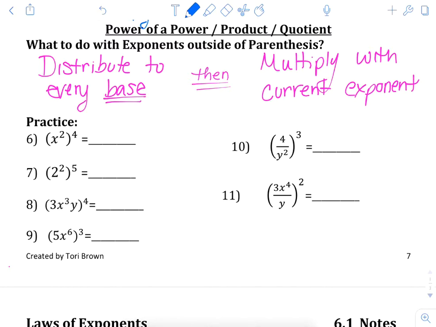Okay, pause the screen, write what you see for just a second, and then we'll get started. All right, on this section,